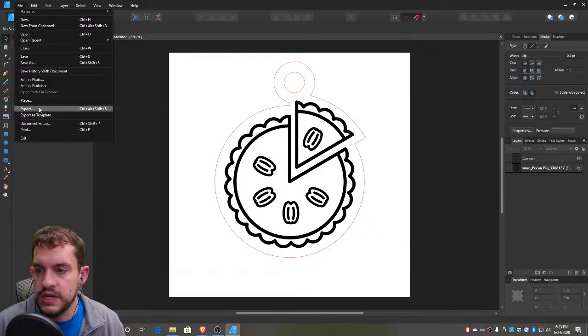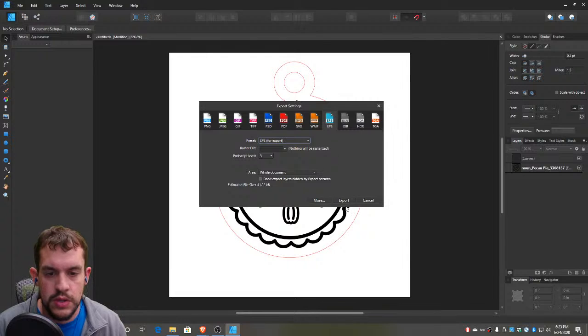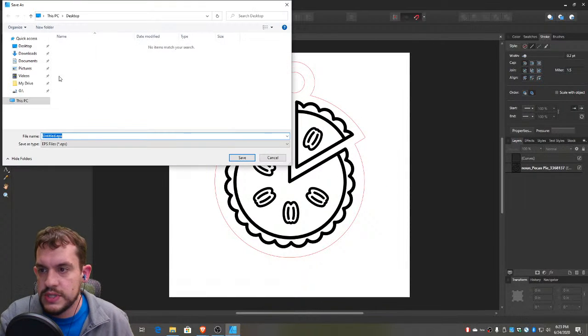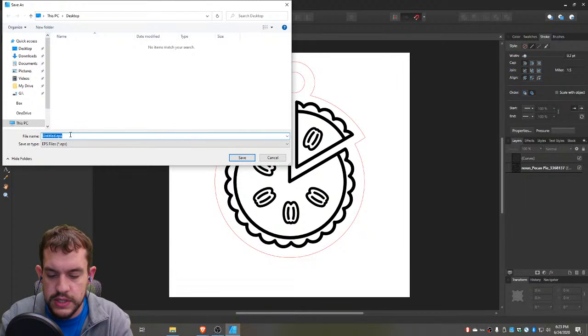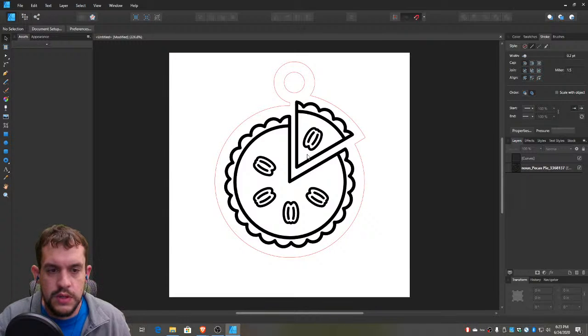In the case of Affinity Designer, we're going to go to export, and I'm going to choose the EPS option and export that. That will give me the option to save it to, I'm just going to save it to the desktop. And we'll save it as the pie pendant. So now that I have my pendant created and exported as an EPS, we're going to send it in through